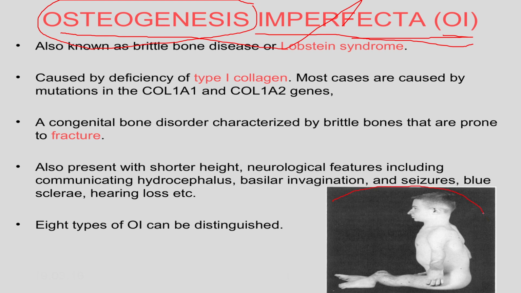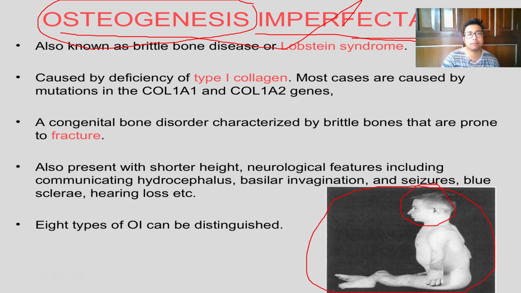A patient will look like this. Totally, the long bones are actually defective. The short bones, the ribs, etc. are found, and the skull bones thankfully are well formed. Otherwise this would have been fatal and the patient would have died at birth. But patients do not die at birth because brain development and neurogenic development are okay, but the development of long bones is at fault. So it is type 1 collagen, due to mutation in the COL1A1 and COL1A2 genes.